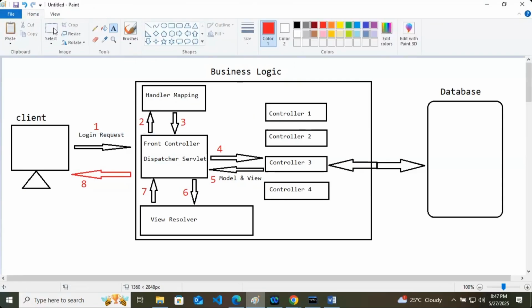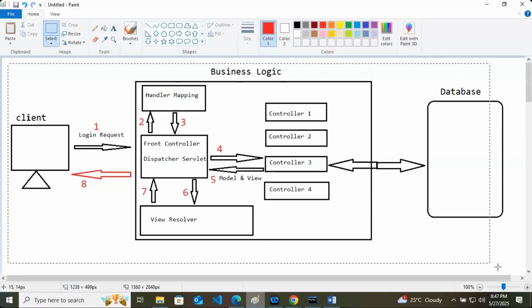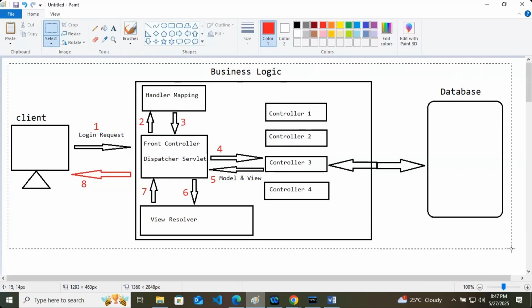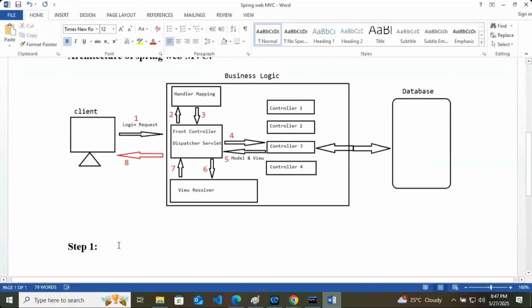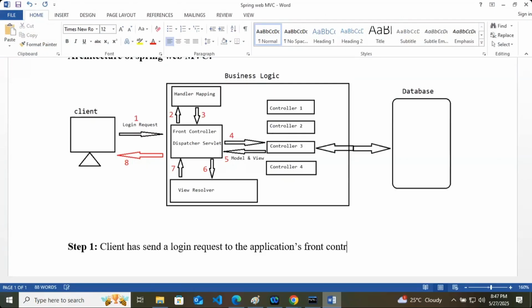In step 1, what we are doing is, the client has sent a login request to the application's front controller. This is the first step.